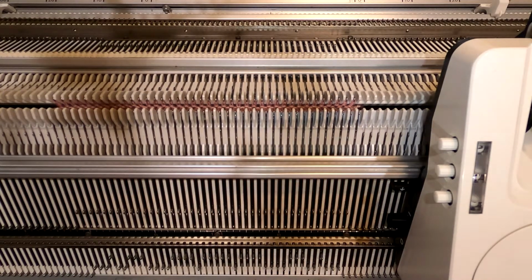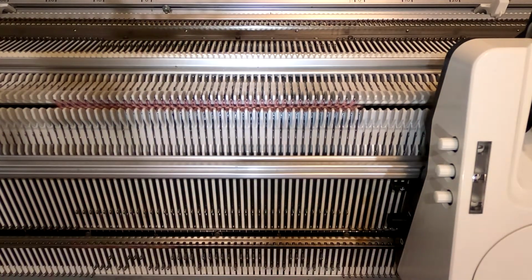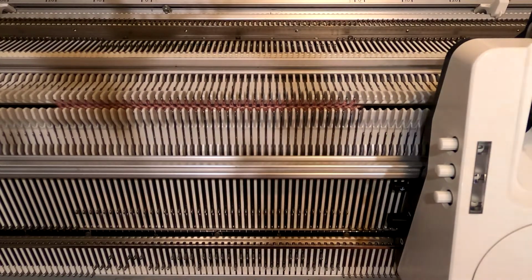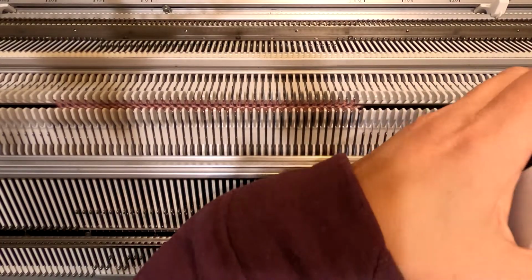I have decided to cast off using the Tricofit, and I'm going to cast off in the round to show you guys what this looks like, how to do it in the round, and what the Tricofit stitches actually look like. So I'm going to do it in a contrast yarn. So we'll put it on the Tricofit